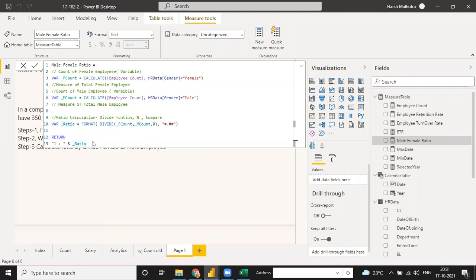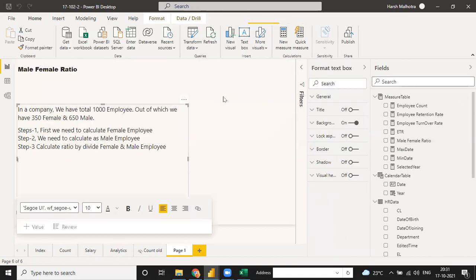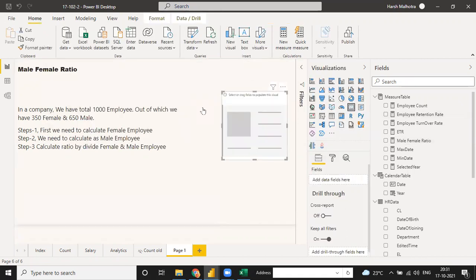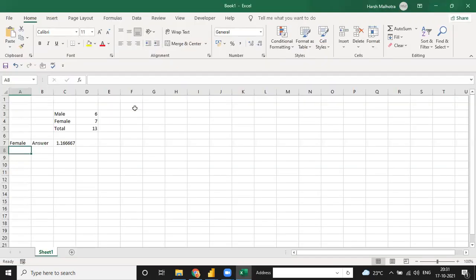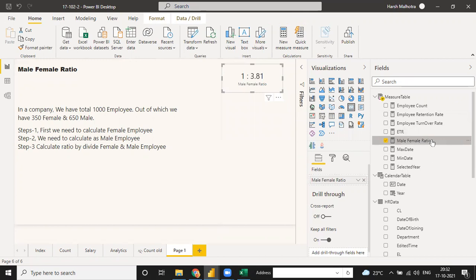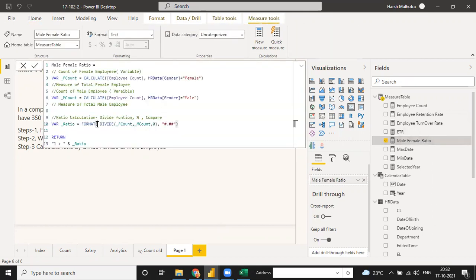And you can just click on enter. It will give you the value of the male and female ratio. And let me show you, I put this card chart here, and under this card we have the male and female ratio, and see the value is 1.381 total ratio we have, because our digit is 3.81. Suppose I go to this male and female ratio, and I remove that format function and just click on enter, it will give you the value in different decimal digits.